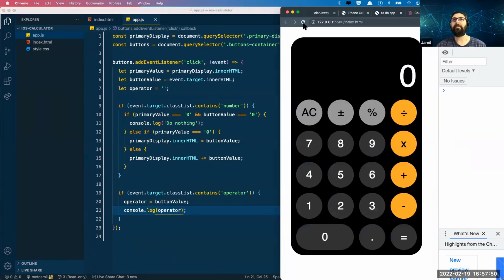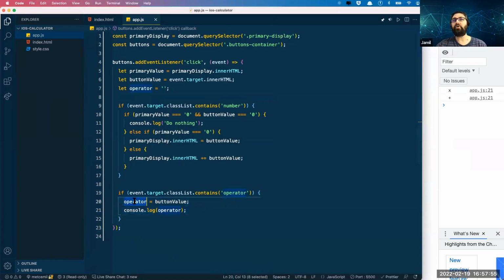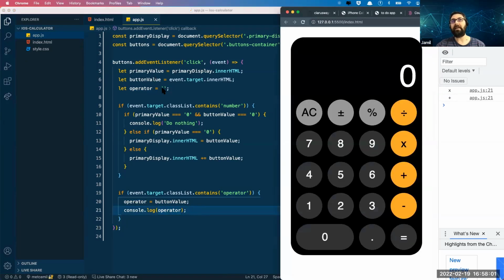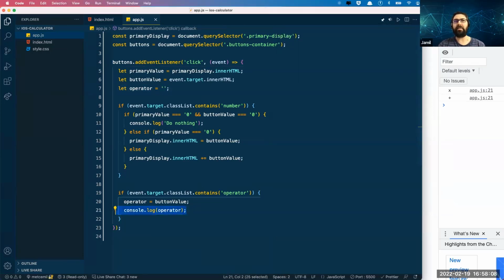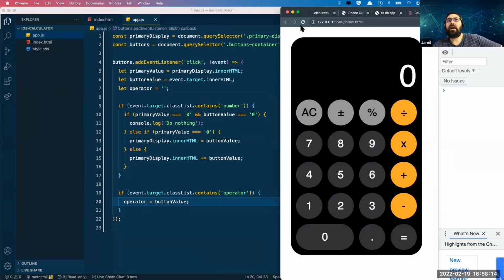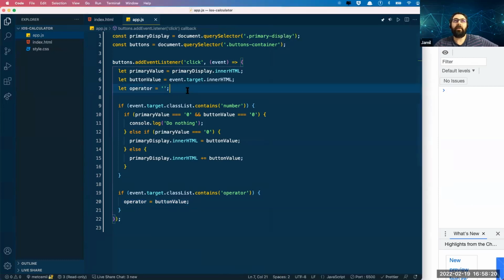Why? Let's see. Do exactly the same thing, but this time I assign it to the operator, and then I am just console logging the operator. Okay, now I can see this operator has been replaced with any operator that I have entered. That's fine. I will not do anything else in this if section. Okay, now I need, oh, wait. So we got the first number. Okay, we need one more